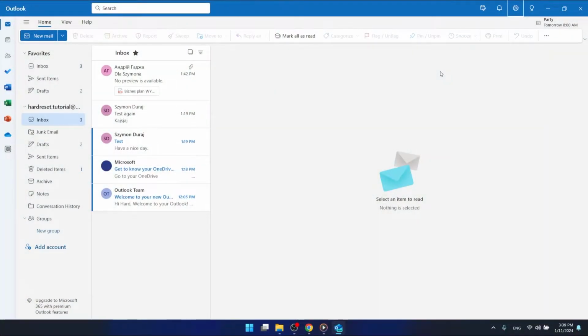So, as you can see, I'm using the desktop version of Outlook, not the Microsoft 365, but the desktop, which looks the same as you would open Outlook on your browser like Google Chrome or Opera or Edge or anything else. So, to block specific emails or just domains,